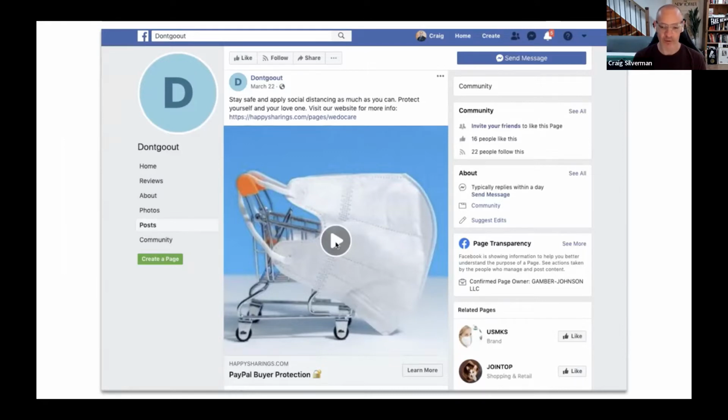It was a video ad for a mask. And the first thing that was interesting to me about it is that this is back in March of 2020, very early stage of COVID. And Facebook and other platforms had actually banned the sale of masks on their platforms. The reason was, at this time, people in most countries wanted to preserve the masks for medical and frontline workers. And so they didn't want people buying masks yet online and using up all the supply. And so it's March of 2020. Facebook has banned masks and mask ads.